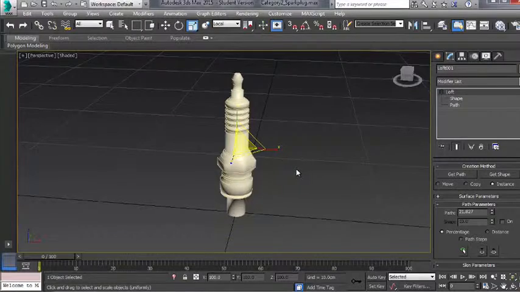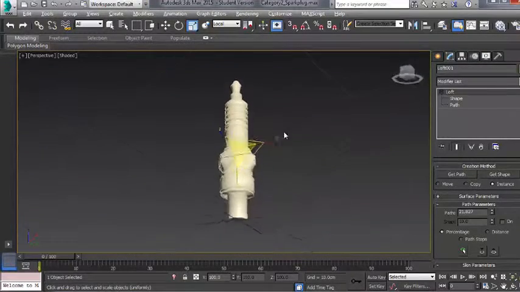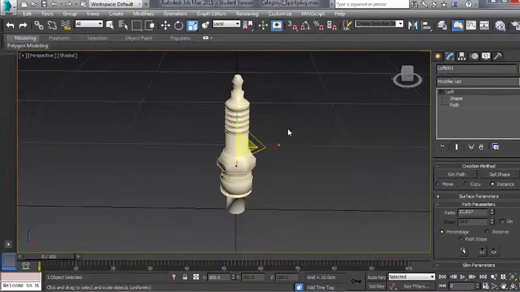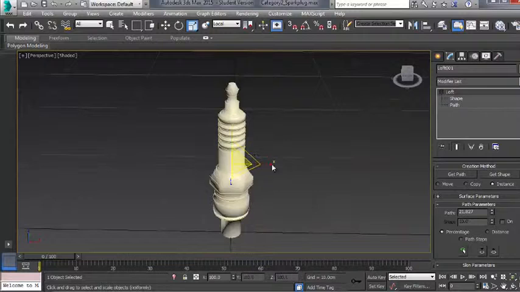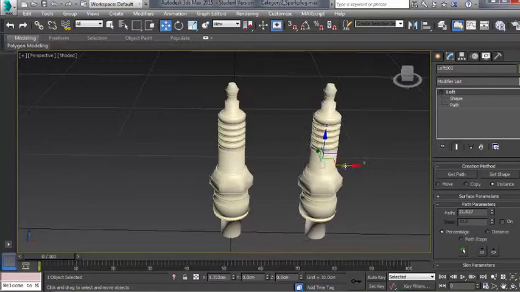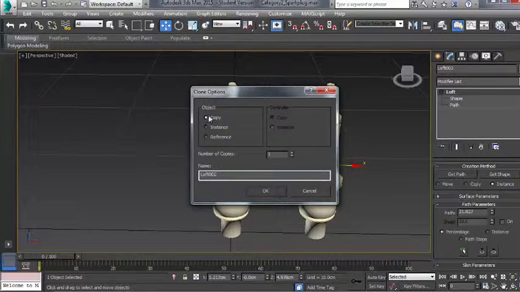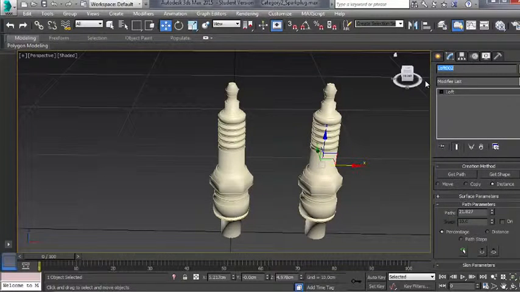To continue on from here, we're going to make a clone of this, just so if we do need to make any changes to this at this level, we don't have to try and backtrack. I'm going to do that by going to move mode, holding down shift, and clicking and dragging, and that will create a copy of it. We're going to name that one M underscore